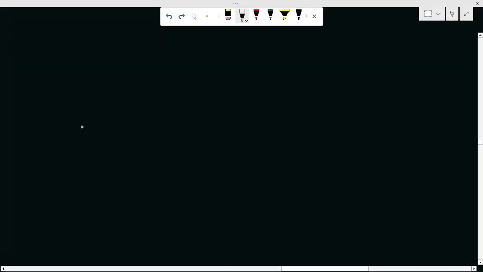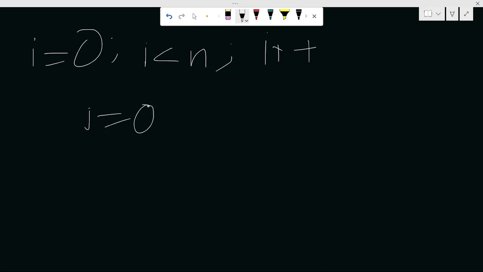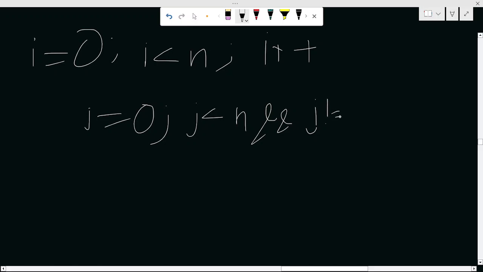So what would it be? My outer for loop will start from 0, i should be less than n, then i has to be incremented, right? Now in the inner for loop, I will start from j = 0 again, and go till n. But in this case, j shouldn't be equal to i, because if j and i are same,